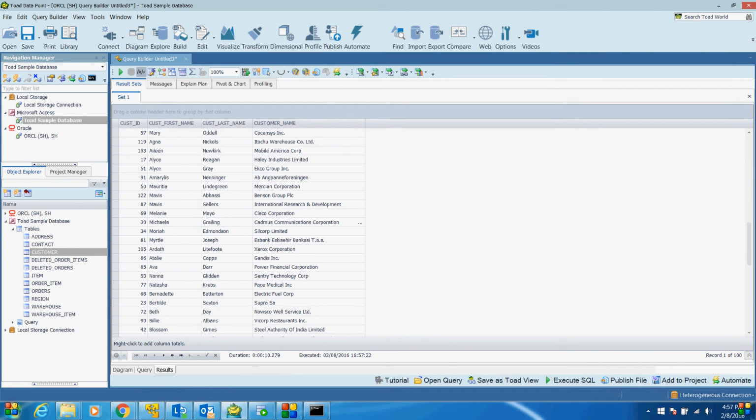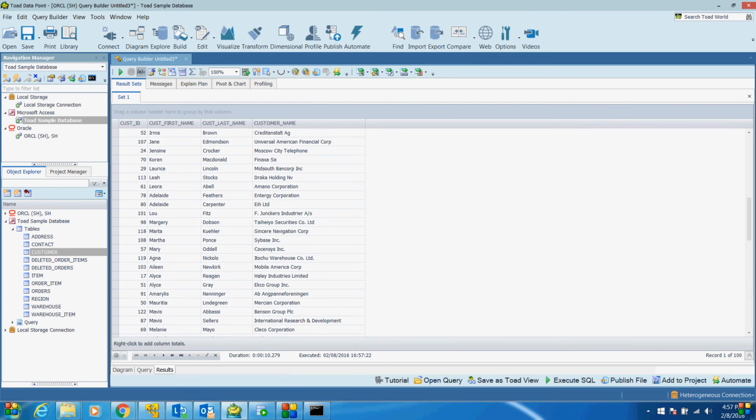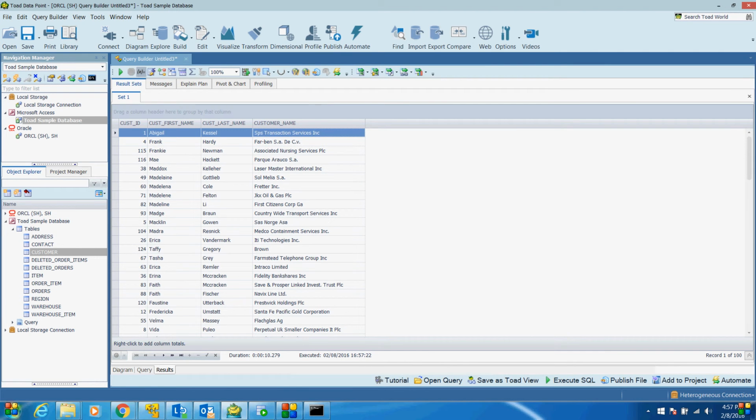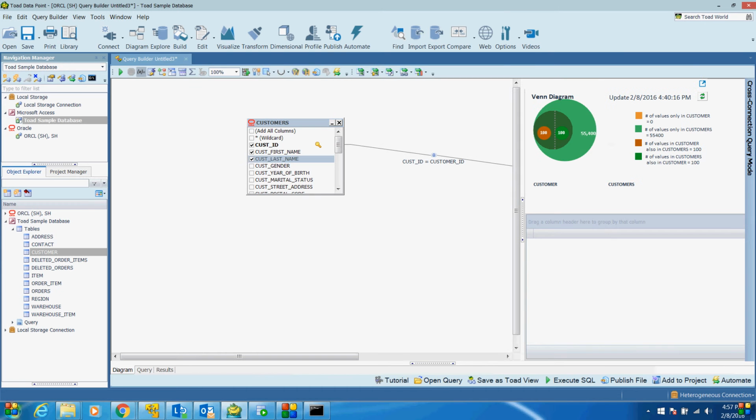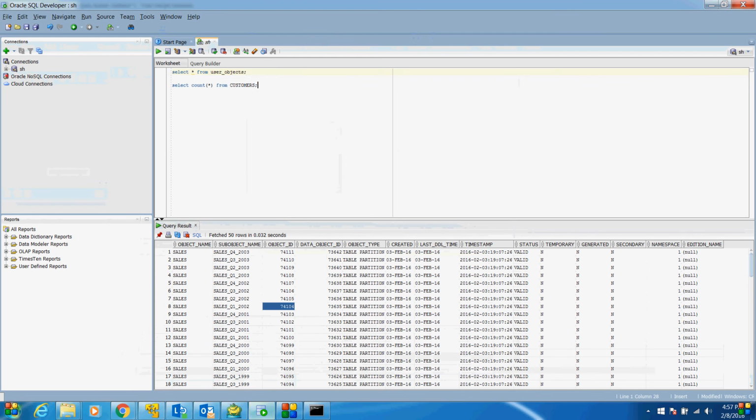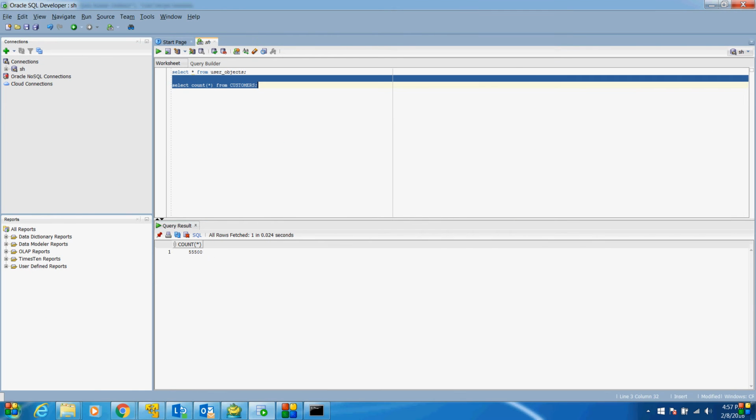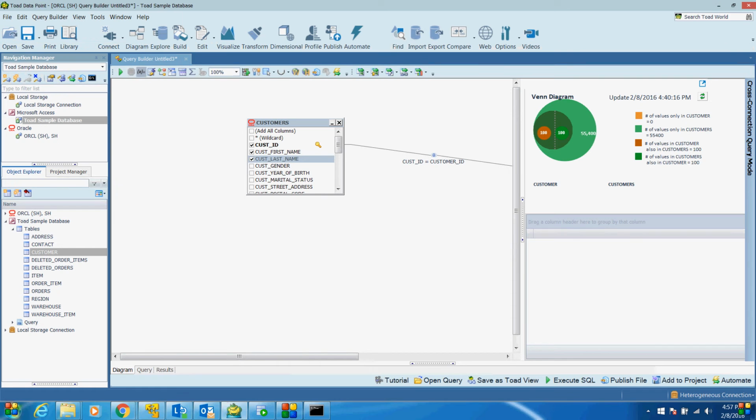See the data: 100 records, common data. Let me show what the common data is. Actually, 54,500 records are there in total. Okay, I will show how many records are in this customer table. 55,500. Here it shows 54,400, but that was a mistake. Sorry, misunderstanding: the 100 is also included. These 100 records come from the data from MS Access.